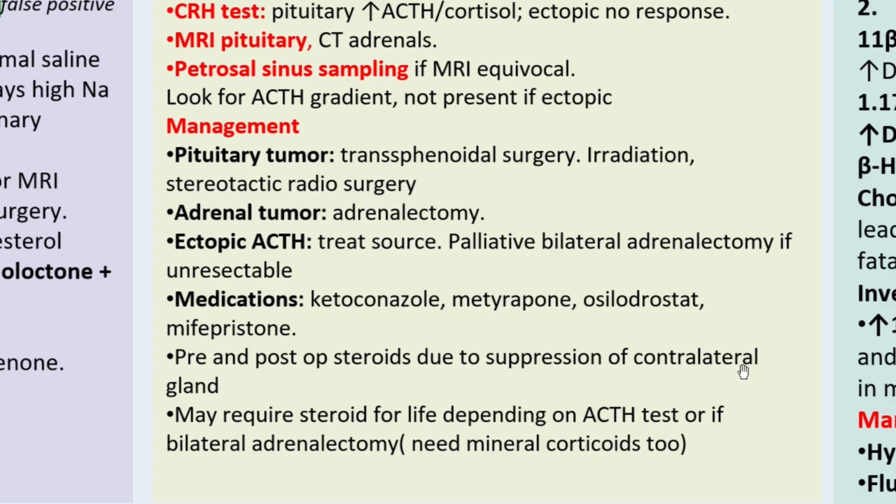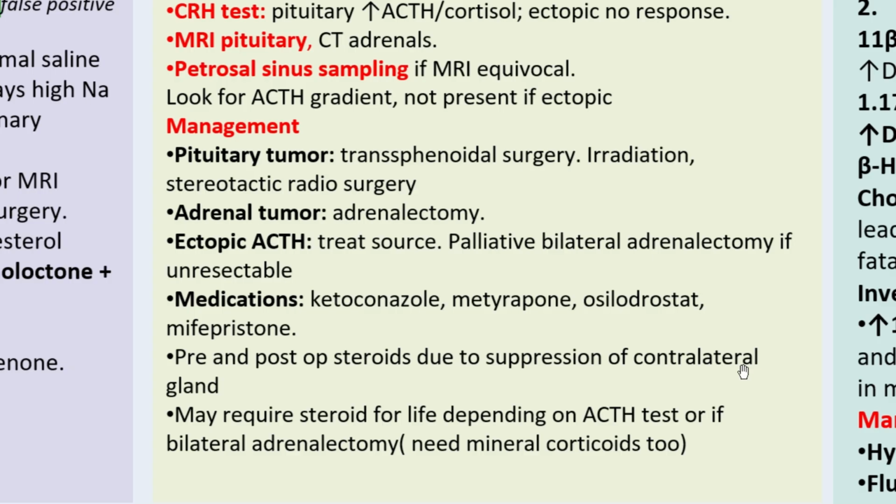Then sometimes these patients may require steroids for life, even when they have the other adrenal gland intact, or sometimes for some time, where you do the ACTH stimulation test, where you give them ACTH and see if they can increase their cortisol production. If they can't, then you need to always continue replacing. Then if you do, of course, a bilateral adrenalectomy, you have to make sure that you replace also the mineralocorticoids, that is